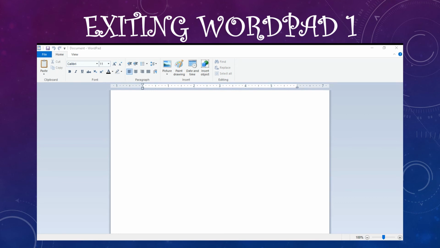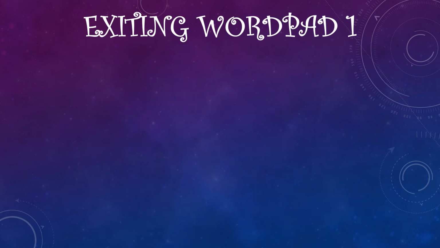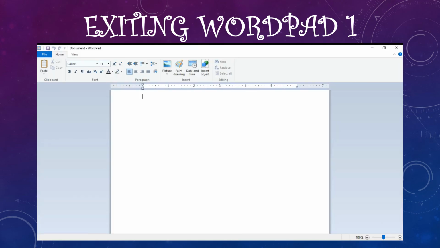You have to click the cross button on the window, and you are out of WordPad.